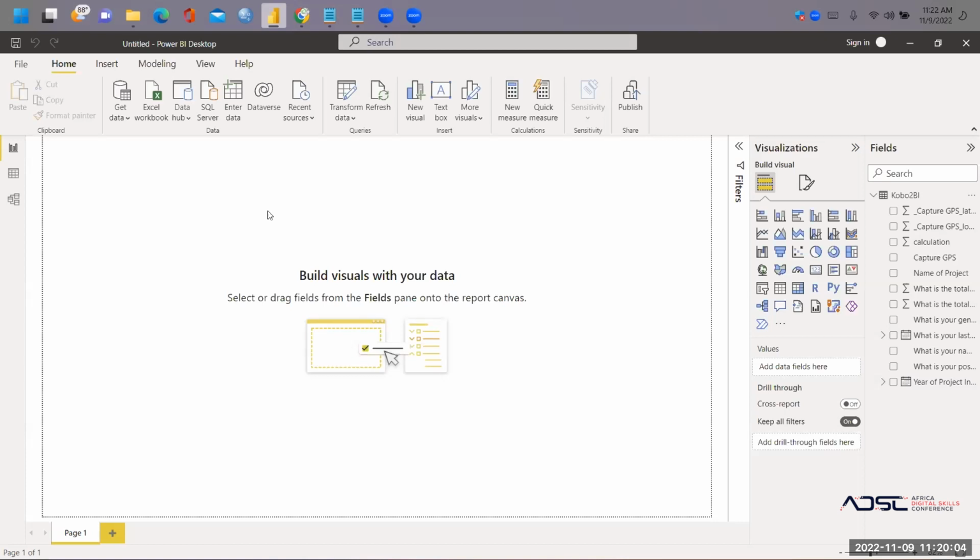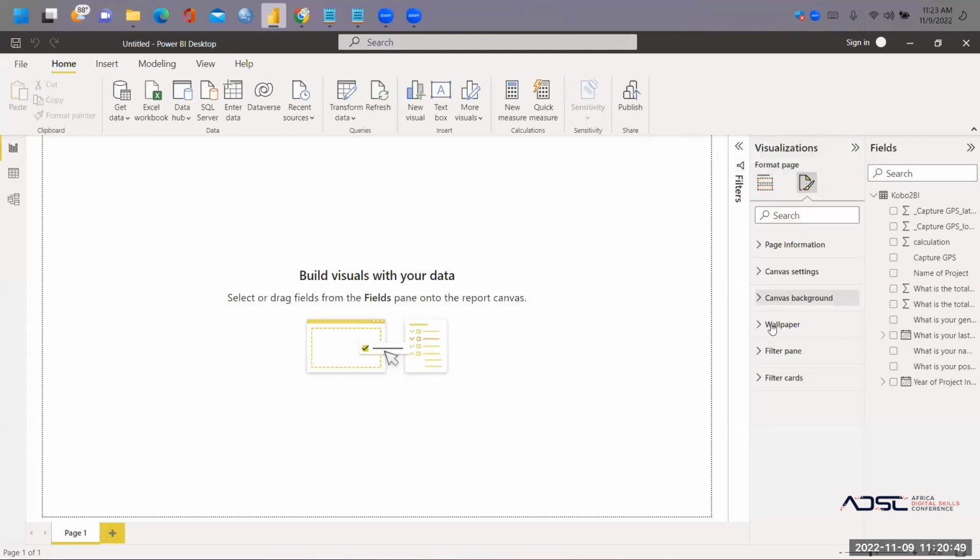And I mean, it depends on what you want to visualize. If you're a project manager, an executive of your business or an M&E specialist, you know the type of data you want to see, the one that is critical to you. So we're going to try to create some dashboards right now. And the way to go about it is that this is the canvas where you're going to draw everything you want to do. And you're going to be pulling different types of visualizations from this section over here. All right. And you're going to use the formatting